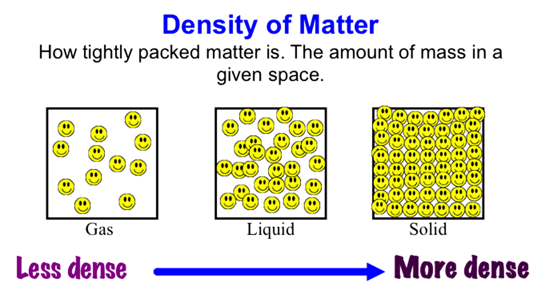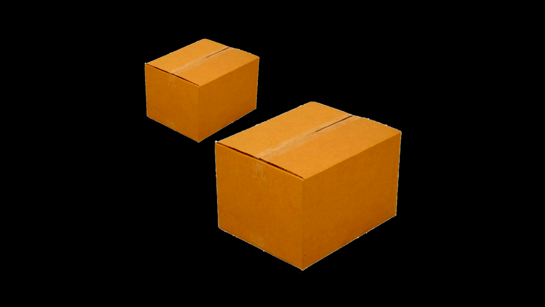So the first one is density. Density is how tightly packed an object is. The classic case of density is, let's say you're moving and you have two boxes. You have to pick up one of these boxes in order to move. You go, okay, I've got this small box here, and that doesn't look that bad. But I've also got this big box here, and big boxes tend to be heavier, so you go for the small box first. You try to pick up the small box and you're like, oh my gosh, what did I put in this little box? Because you can't lift it. It's so dang heavy, you can't lift it.